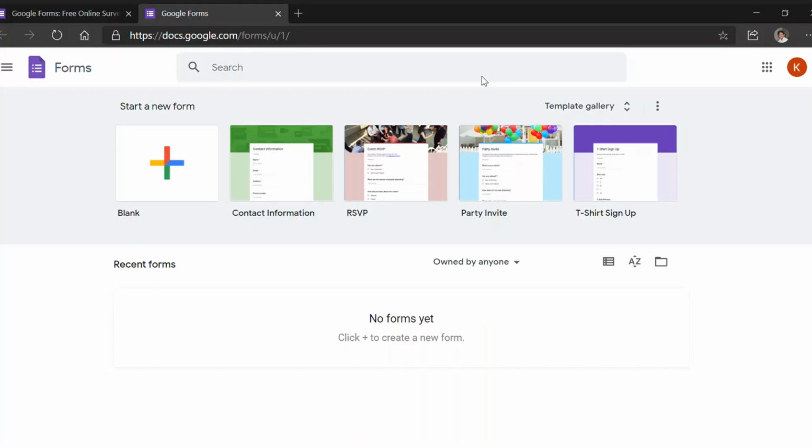So friends, here I am on the Google Forms homepage where we can make a new form or quiz, or we can view the forms already made. So first, we will be making a new form where we can fill in the questions and other details. First of all, to make a new form you can either choose a blank form where there will be no presets, or else you can make a form using some of the presets available. We will be clicking on blank page